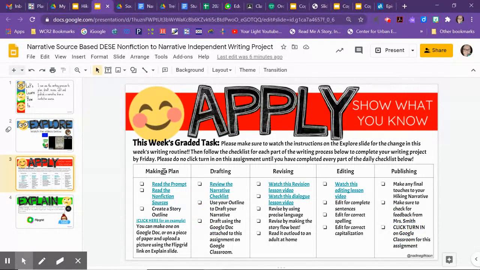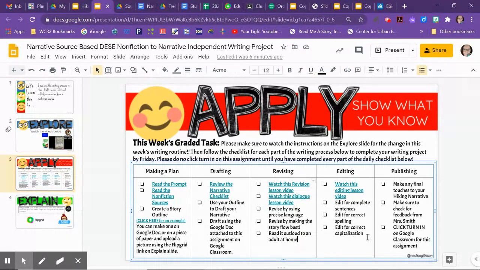And then just to flip back to the apply slide here, you'll notice it says watch this, watch this. Yes, those are things you need to watch. Those are helpful videos on revising and editing, something that most of you need the most help with. A big part too, right here on the revising part, read it out loud to an adult at home. That's super important. That'll help you a lot because then they can ask you questions on what are some things that maybe you didn't read or didn't explain,